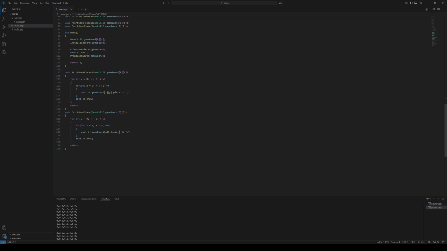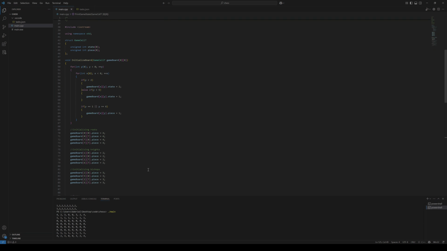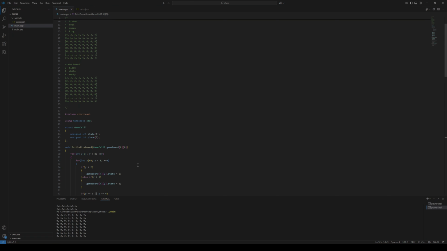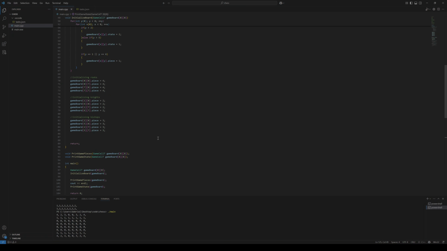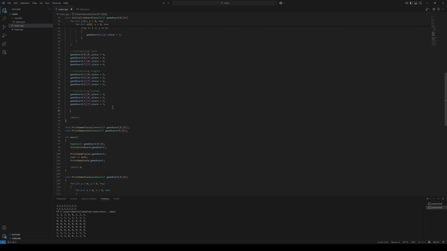And I don't like exactly how this is looking. I want to put a space in between these because it's getting a little bit eye strainy. Cool. 4 2 3 0 0 3 2 4. Okay. And then the king and the queen are easy because